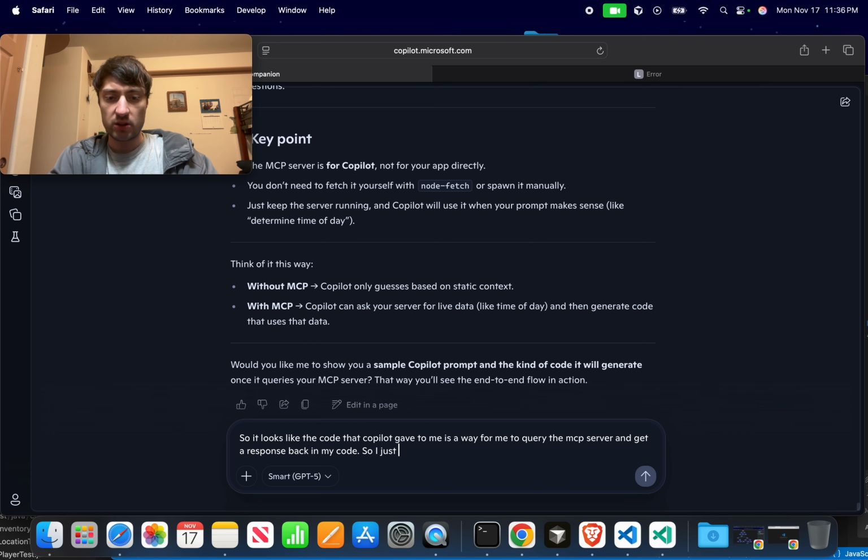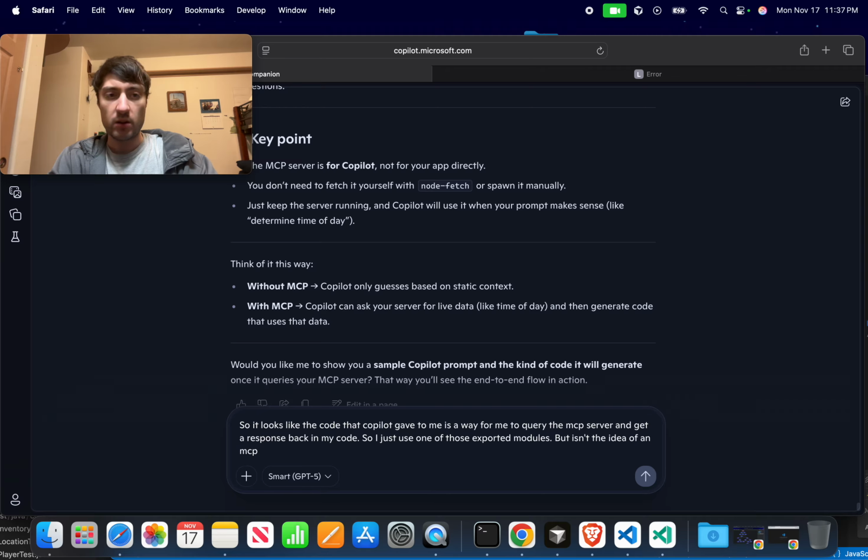So I just use one of those exported modules. But isn't the idea of an MCP that it is a tool for the actual AI agent to